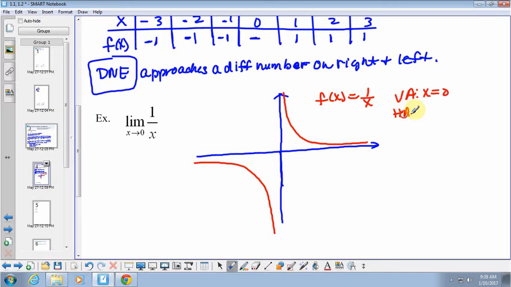It has a horizontal asymptote at y equals 0, which means coming in from the right, as we approach 0 from the right, this graph does what? Increases without bound. As we come in towards 0 from the left, this thing does what? Decreases without bound. So this does not exist